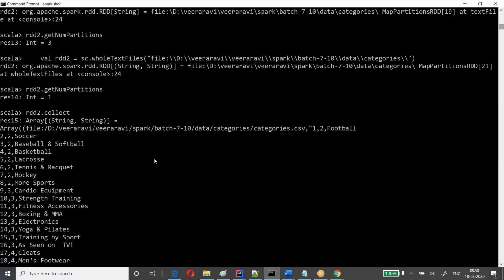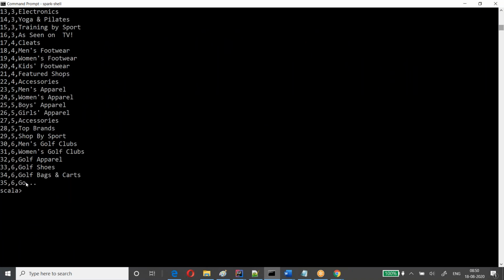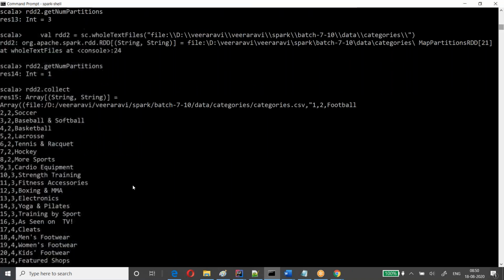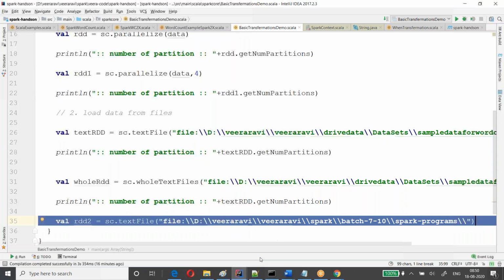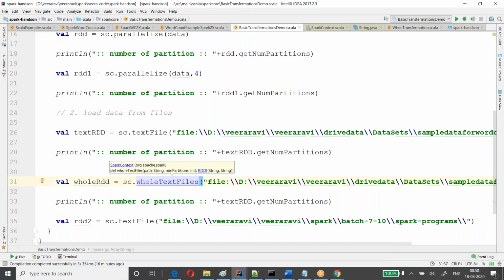What happened to the other file? Oh, it's a dot dot dot. Okay, it has another file also. Okay, the behavior of the whole text file, let me show you that. If you go to this method, whole text file,